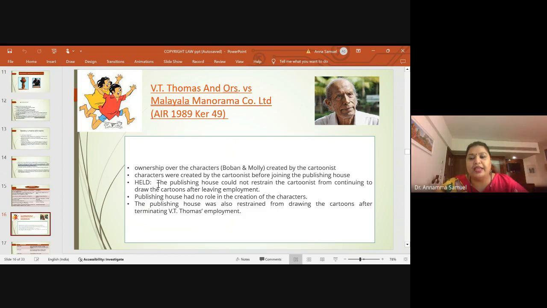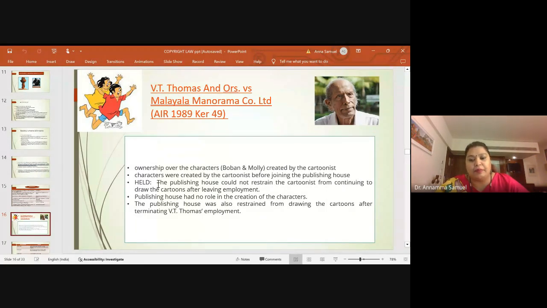in some interview were his neighbors. So these brother and sister characters, he had created these cartoons, and it was quite popular. Later, he joined Malayalam Manorama, the publishing house, and continued with these sketches, and it was a huge hit. Now, at a later point of time, V.T. Thomas decides to resign from Malayalam Manorama and go back to his